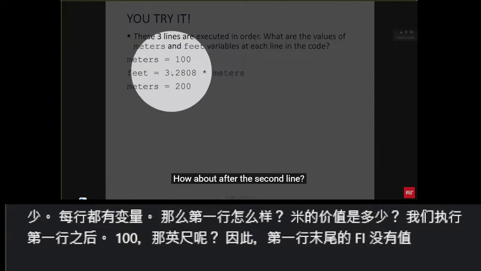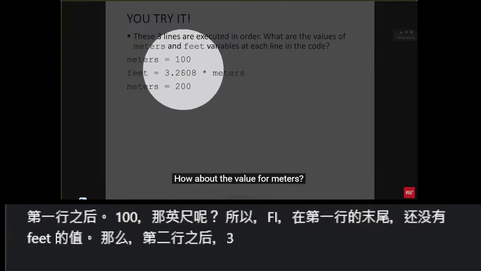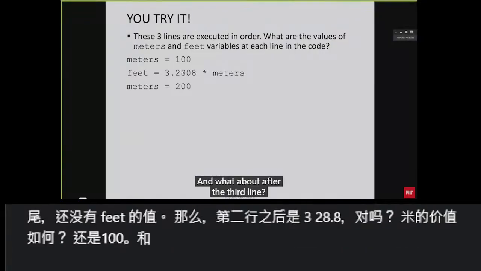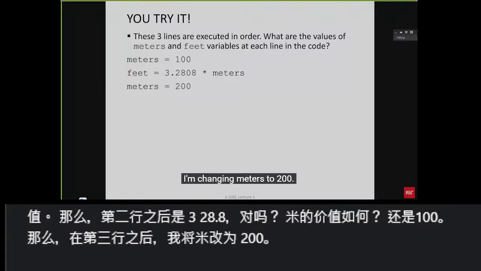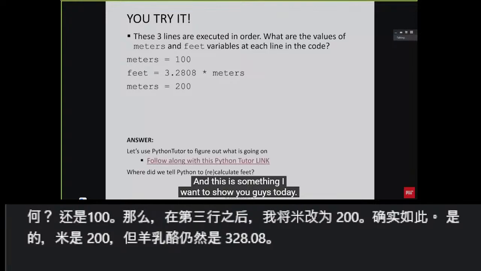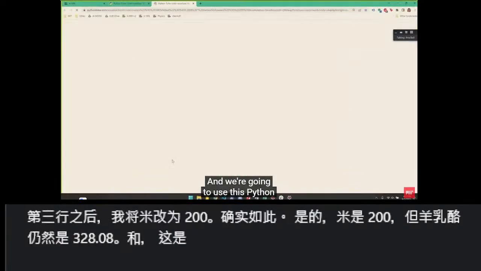How about after the second line? 328.8, right? How about the value for meters? 100 still. And what about after the third line? I'm changing meters to 200. Exactly, yeah. Meters is 200, but feet is still 328.08. And this is something I want to show you guys today, and we're going to use this Python tutor